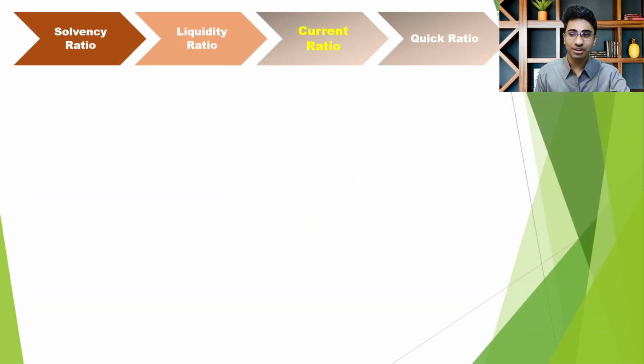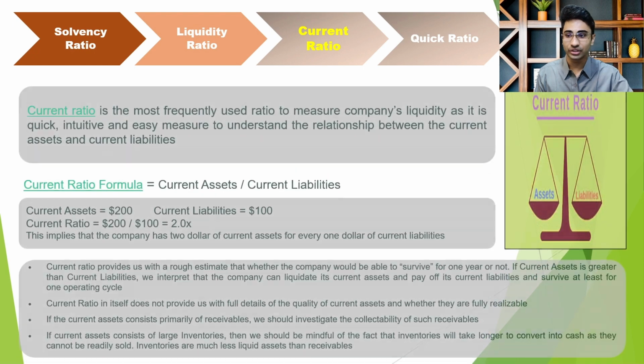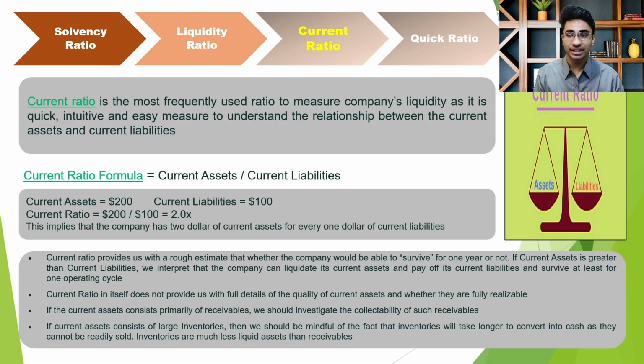So the first ratio under liquidity ratio is the current ratio. Current ratio is used to measure and understand the relationship between the current assets and current liabilities. So it is a fairly simple one. The formula for current ratio is current assets divided by current liability. The current ratio answers the question, how many dollars of current assets do we have for each dollar of current